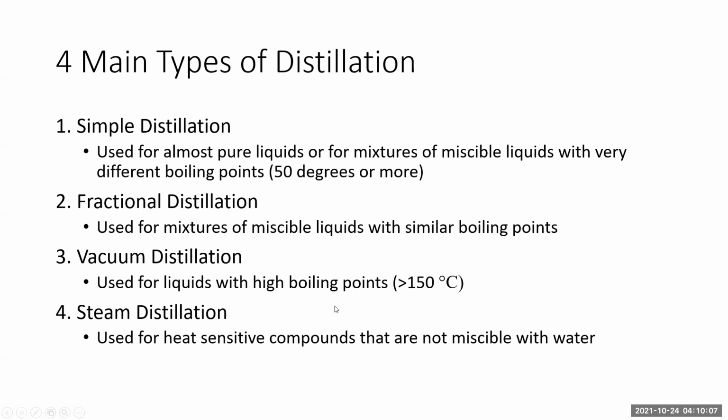Some sources, like your book, might say 50 degrees or more, and then other sources say it's more successful if the difference in temperature between the two components, or difference in boiling point between the two components, is 100 degrees or more. So you can see that as soon as you get a mixture of liquids with anything resembling a boiling point that's even somewhat close, it starts to become an issue for being able to purify one of those liquids, separate it from the other one.